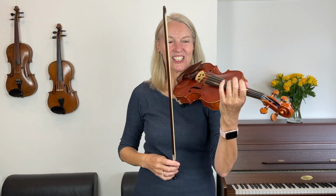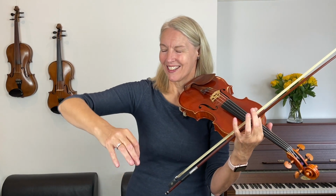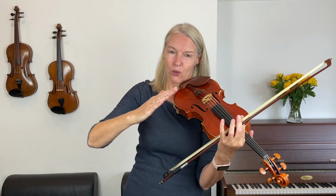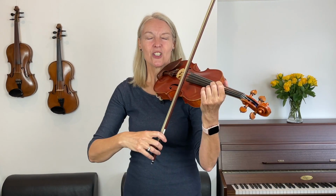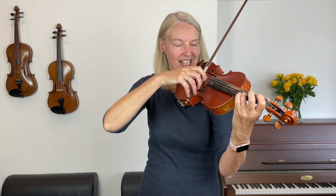Let's practice that again, shall we? So during the open A, lift up gently with your elbow. Of course, if you already start to hit the D string, your lever has gone too far to the D string. So be very gentle. It's only a slight change there. So at the end of line 1, here we go, 2 and 3 and...